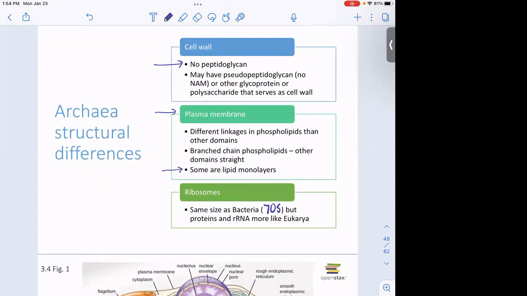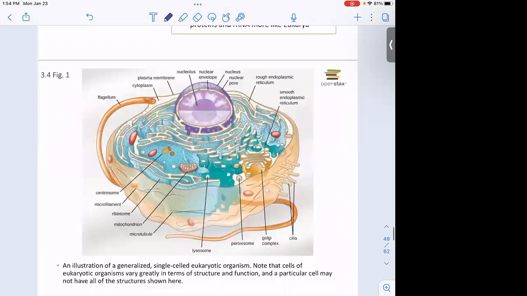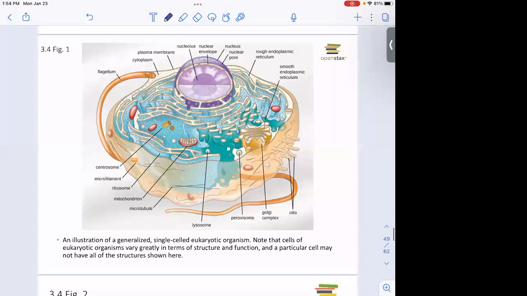All right, so let's go on to eukaryotic structures. I don't spend as much time here just because hopefully you've had this numerous times, maybe starting in elementary school or 7th grade biology. You talked about these different organelles, and we're just going to hit those briefly and compare some of the structures that are the same between prokaryotes and eukaryotes.